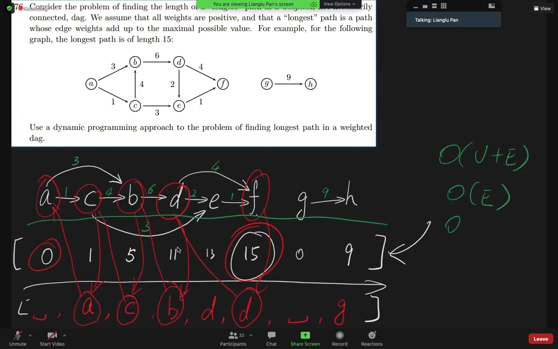And of course, since we go through each of the nodes once, we will also have a linear complexity of V here. And at the end, we need to linearly scan through this array to find out that 15 is the largest value. So I think we have another O(V). And if we add these operations together, I think we get V plus E as the overall complexity. So this means that in a directed acyclic graph, if we want to find the longest path